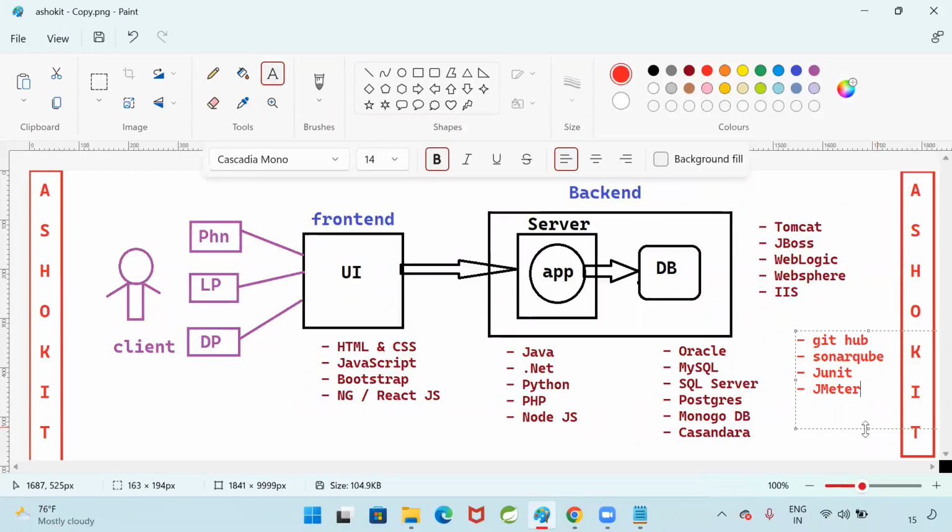Simple example, man. If I keep 20 kgs weight on you, can you carry that? 20 kgs? Yes or no? You can carry. So now, if I give you 20 kgs weight, how much time will it take you to go to the ground floor? 5 minutes? Yeah. If I give you 50 kg weight, can you reach the ground floor within 5 minutes with 50 kg weight? No. If I give 100 kg weight, if I give 200 kg weight,